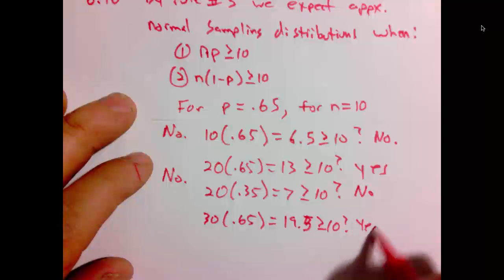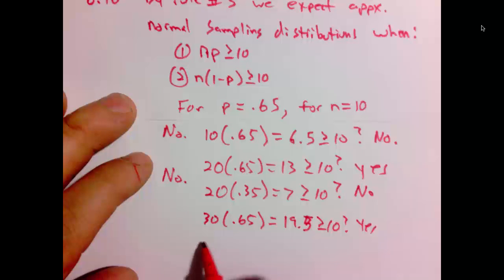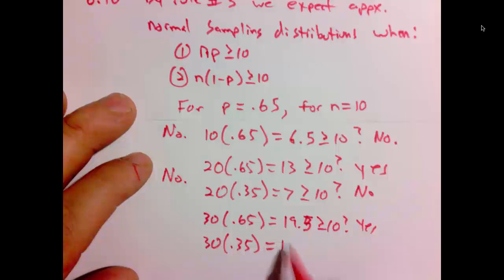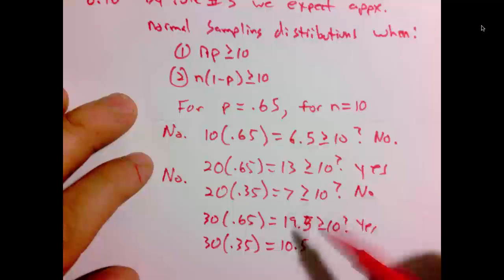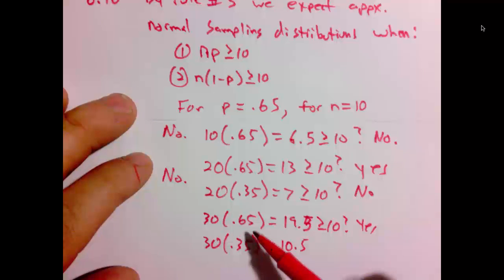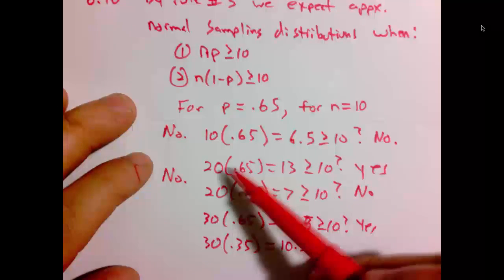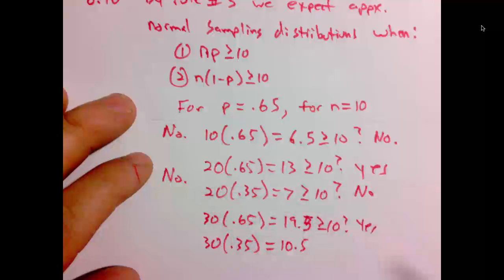Yes. Likewise, 30 times 0.35 is going to be 10.5. Notice that these two numbers sum to 30 because these are my successes and these are the failures. Same way here, 13 and 7 sum to 20. So both of these are greater than 10. So indeed, for 30,